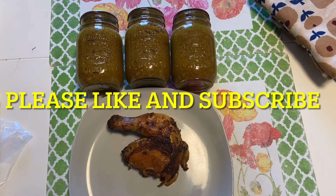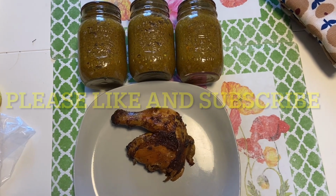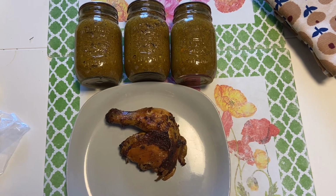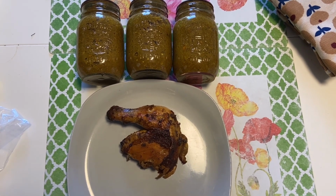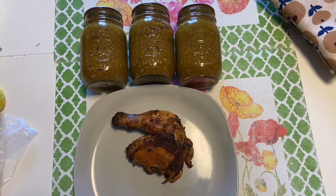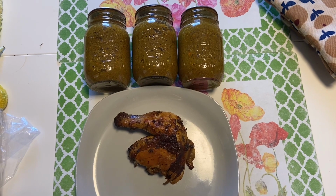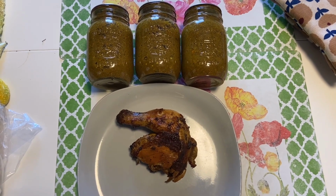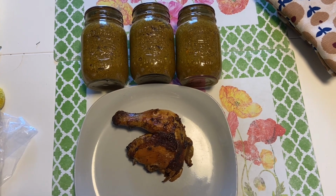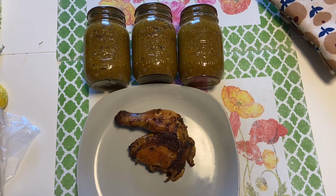So I tried my green seasoning on the chicken on the plate. I marinate it and bake it in the oven, a whole chicken. So this is just a piece of the chicken here. I use a green seasoning with other ingredients. Of course I put garlic powder, onion powder, more salt, and I don't remember everything that I put, but the